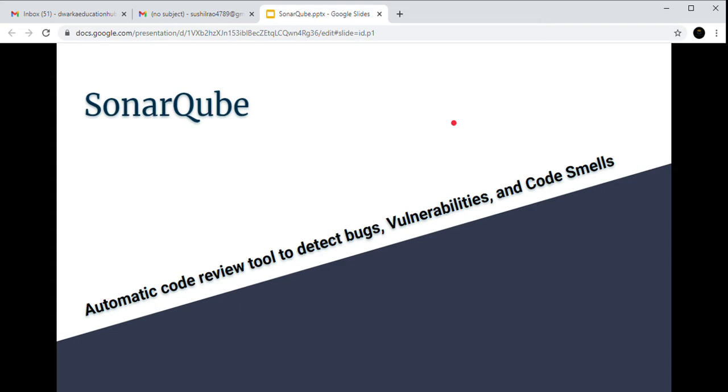I hope in today's session I will cover the installation steps. In the next session we will discuss how to integrate SonarQube with Jenkins, and in the following sessions we will discuss SonarQube with different languages like Java, Python, Go, Node and React. We will integrate all these languages with Sonar and see the vulnerabilities, the code smells, and the review, and how it helps to detect bugs. So let's start.